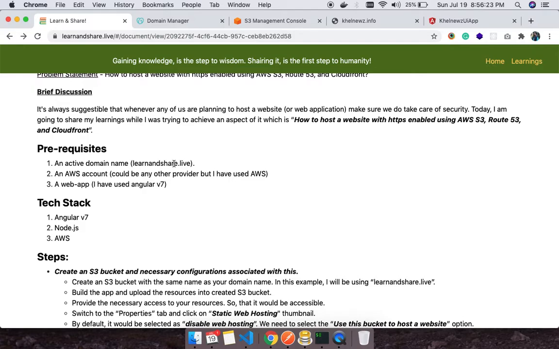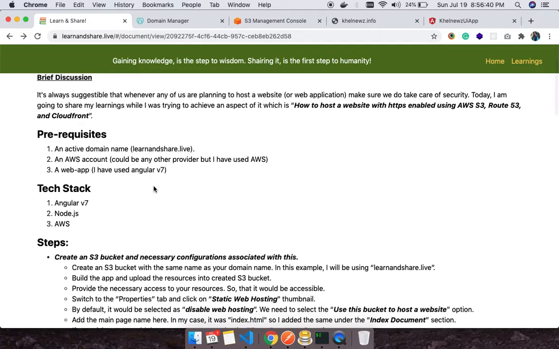So you should have an account on AWS, and I would highly recommend, if you are a learner, to go with the free tier option only. And then we have to create a web app, and again I'm using Angular for that, right? So these prerequisites are required before achieving the objective we have discussed so far.